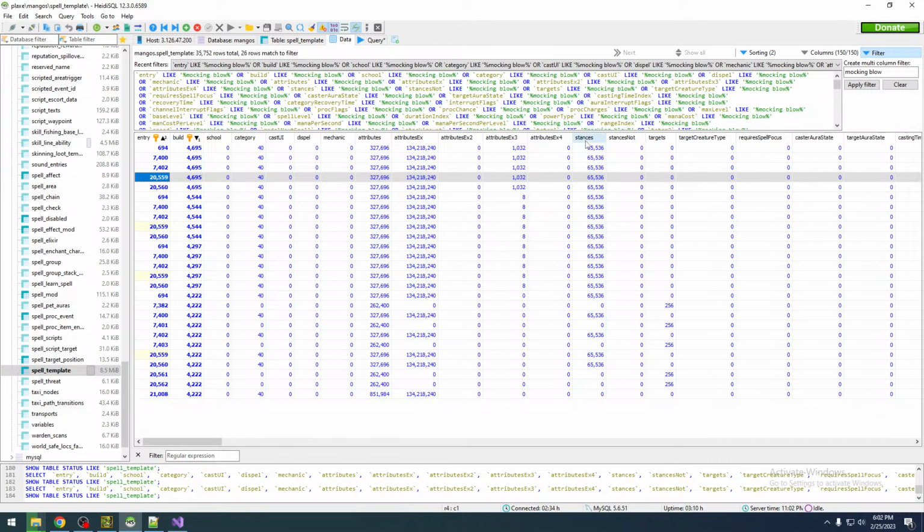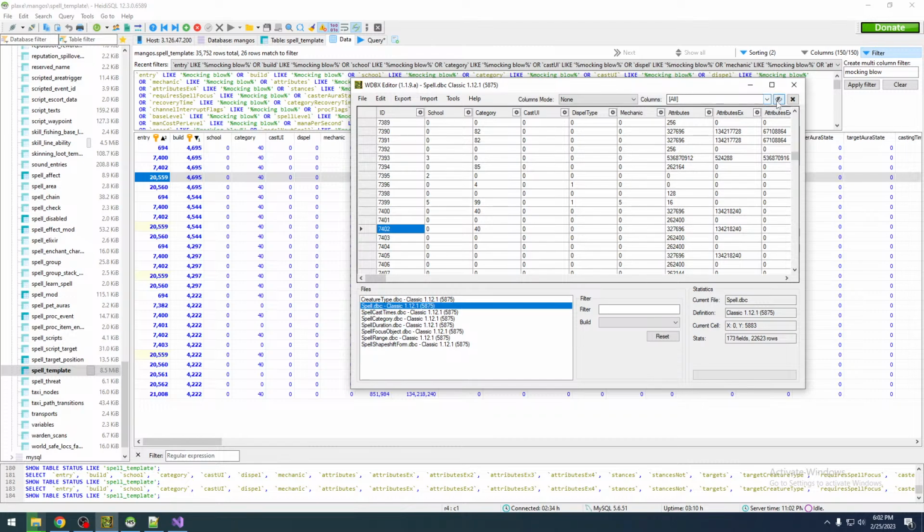And sometimes you'll get lucky. Sometimes spells, like 5 different ranks of a spell or whatever, 5 different talents. A lot of times talents especially, they'll all be in the same order next to each other, and then you can just edit them all at the same time. A good example would be,